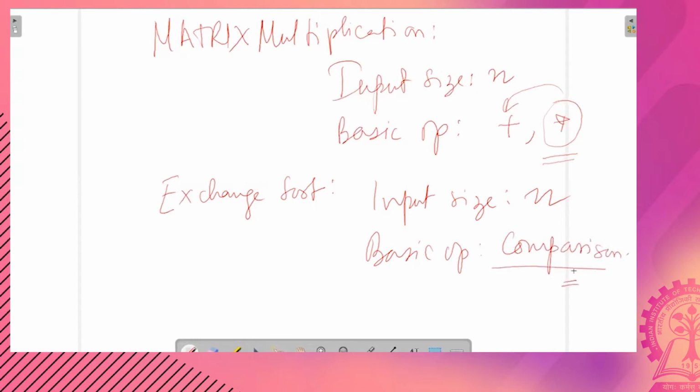There is a catch here which we will discuss later. It could be the comparison or the exchange function. But whichever basic op you consider, the complexity computations do not change much.